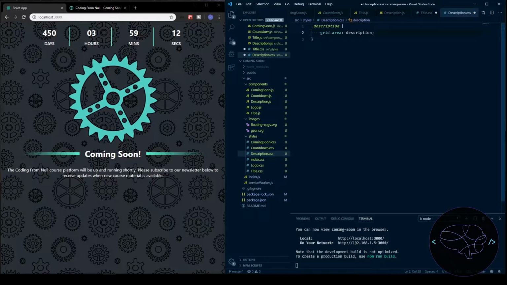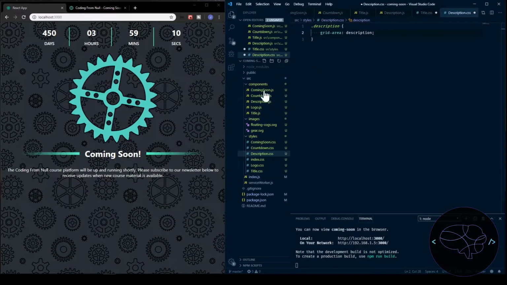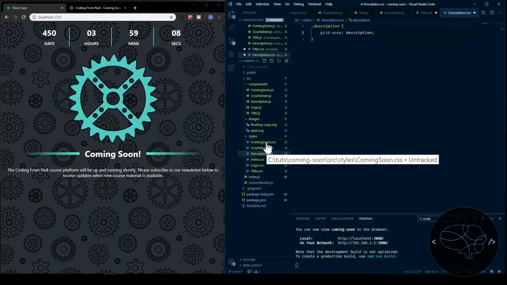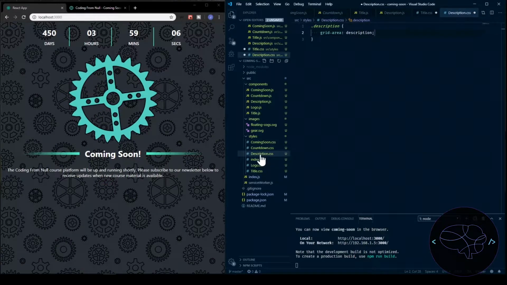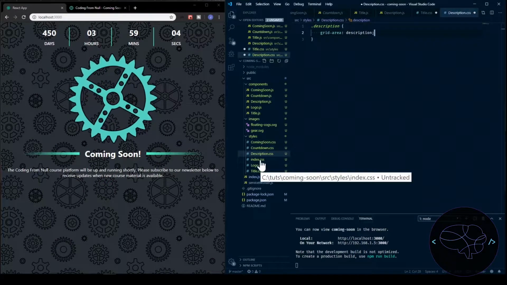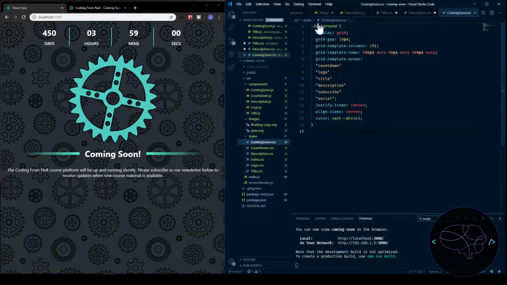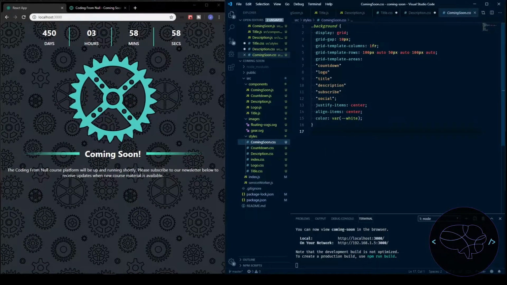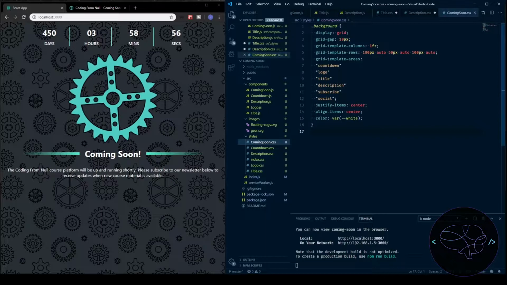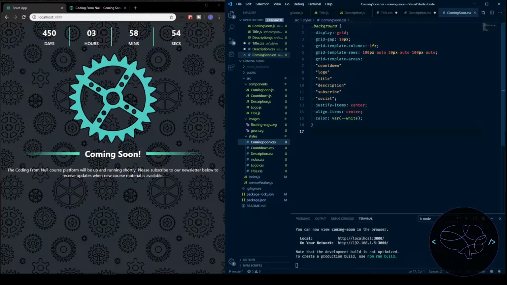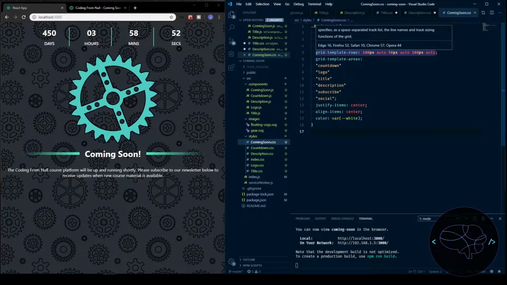When we're doing these grid areas, these are actually from the first video in this series. We set these grid template areas as countdown, logo, title, description, subscribe, and social. And we gave all those rows